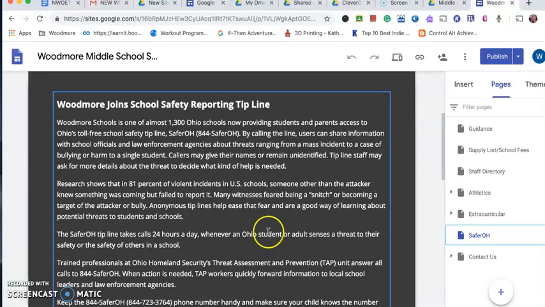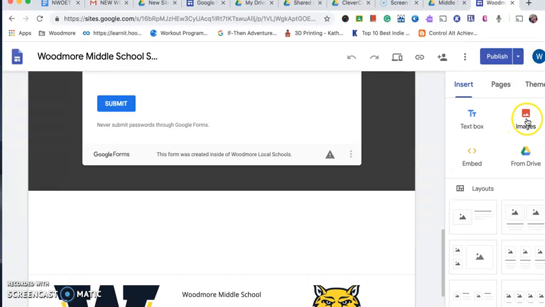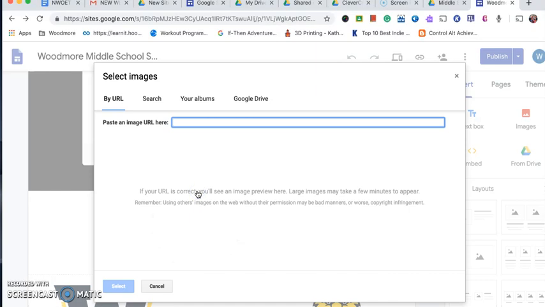Again, I always go to the bottom of the page and I double click and I go to image. Okay, I cancel that. You can also go to insert and then hit image, and the same thing comes up when you hit upload or select. So I'm on a computer that is a laptop. I can hit upload and it will go to my desktop, my documents, all that kind of stuff. If the kids are on a Chromebook, the view of this or the options are different. But I'm going to go back to my version of adding an image, double click, left click,